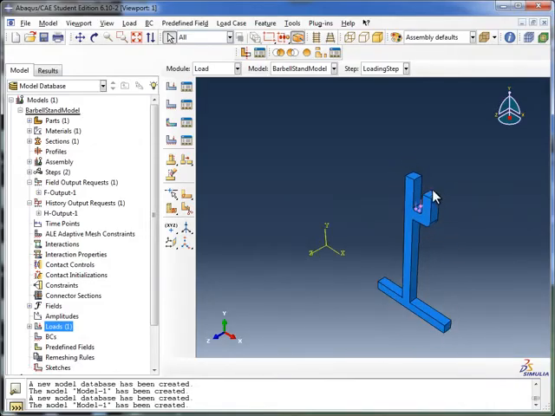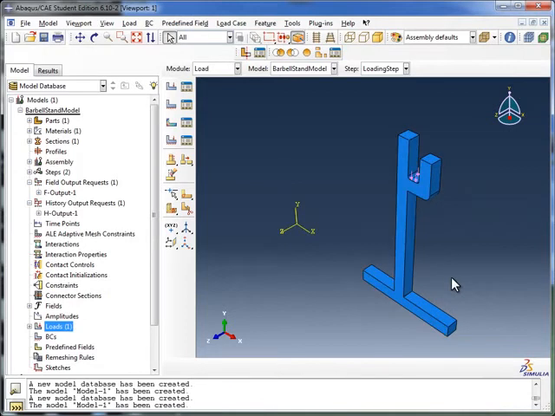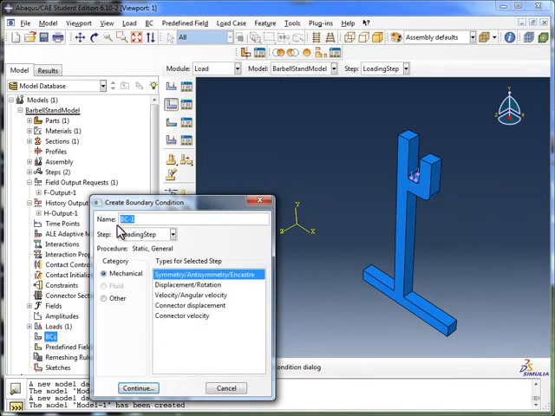So now we've defined the load. The next step is to define the boundary conditions. So I come over here to boundary conditions. I double click on that. And I'm going to name it